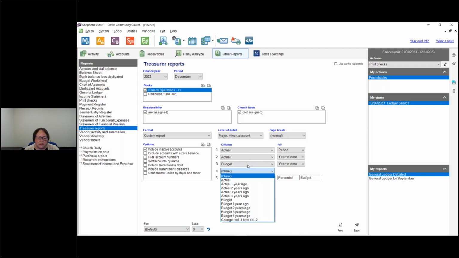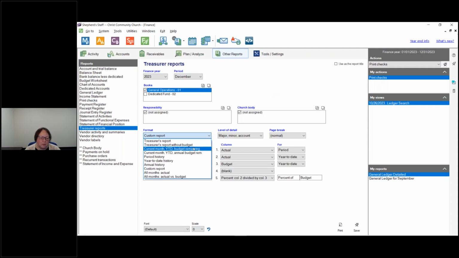So that would be like if you did your budget minus your actuals there. And you can do a percentage as well, which is what showed on the year to date budget remaining ones. So you have some options there that you can do to customize your reports to make them look however you feel is best. But the most common default one that people will usually use is the current month year to date budget